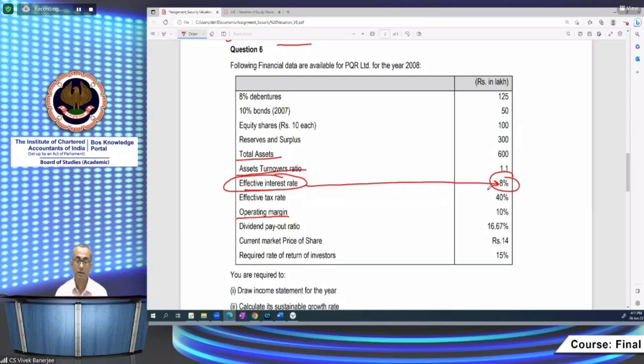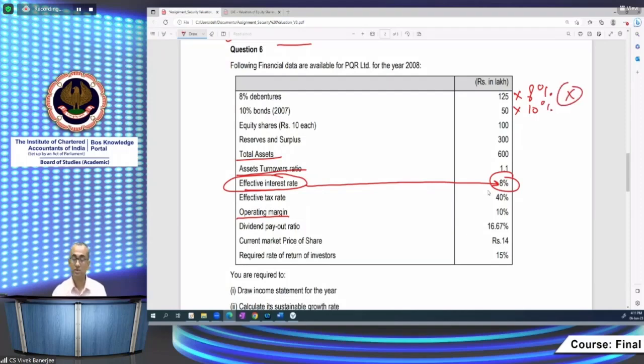But अगर हम देखें, if we see that debentures are of 8%, bonds and 10%. But please remember that when the effective interest rate is given, we have to calculate the interest on that percentage only. So हम जो interest calculate करेंगे वो 8% पे calculate करेंगे। ये नहीं कि अलग अलग डिवेंचर्स का 8% पे, बॉन्ड्स का 10% पे ऐसे कैलकुलेट नहीं करेंगे। पर अगर क्वेश्चन में इफेक्टिव इंटरेस्ट रेट नहीं दिया हुआ होता तो उस सिचुएशन में हम उसको अलग अलग कर कैलकुलेट करते। मींस 125 को फिर उसका 8% निकालते और 50 को फिर उसको 10% से करते। इस तरीके से हम करते। पर हम अभी इस तरीके से नहीं करेंगे।